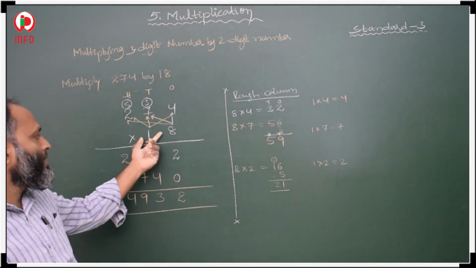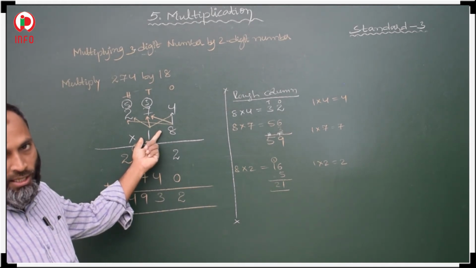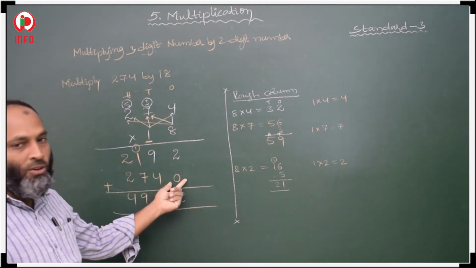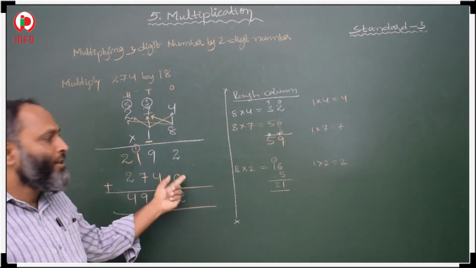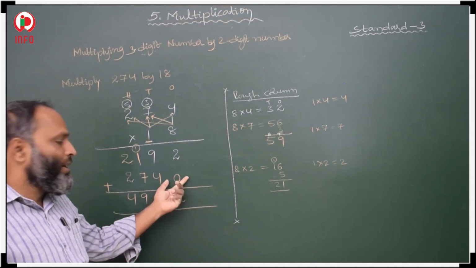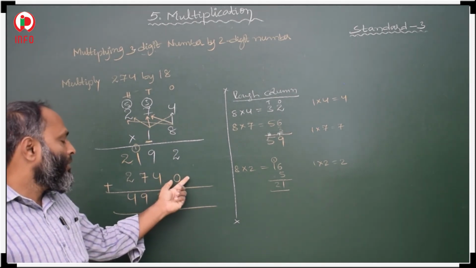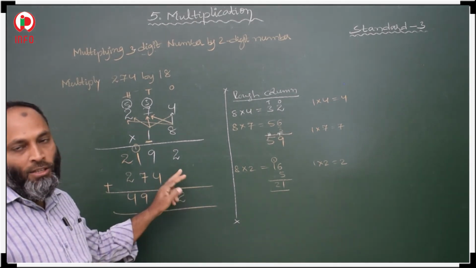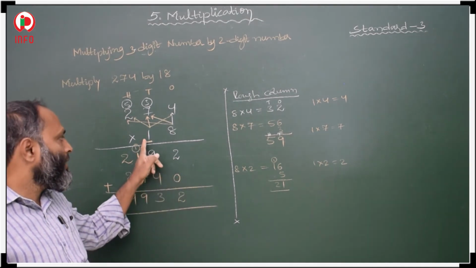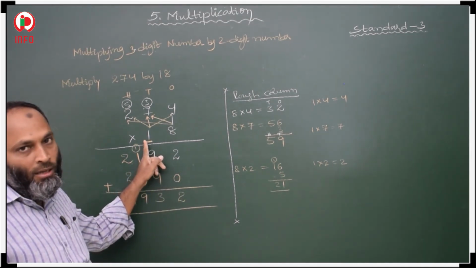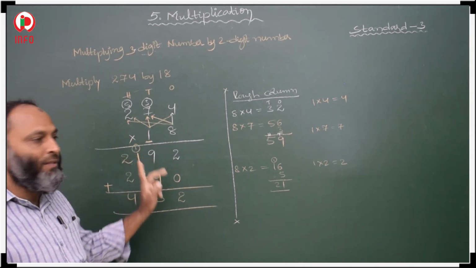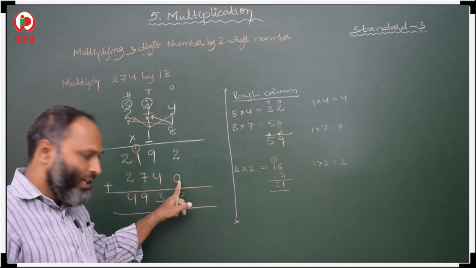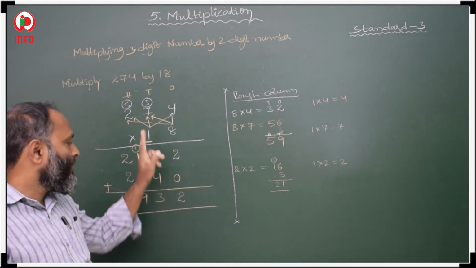So when we are going to start with multiplication with tens place, then first we have to keep 0 here in ones place. Why? Because in tens we have 0 in ones place. So this is a must. Don't forget this. Don't start your answer from here. First you keep 0. Why? Because we are going to start our multiplication from tens place. That is 1. 1 is there in tens place. First you keep 0 in ones place, then after that write your product.